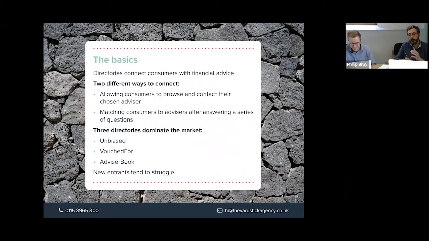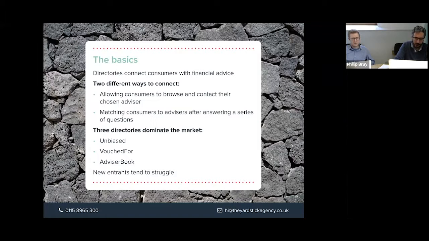Right, so it's a good point, and I would be really interested to know if anybody has had much traction from AdvisorBook. I would suggest that there probably isn't much, but I'd cut them a bit of slack, simply because they're doing a good thing by trying to disrupt the market a little bit. And it's free to be on there right now, so there's no cost for any inquiries and no cost to be on there.